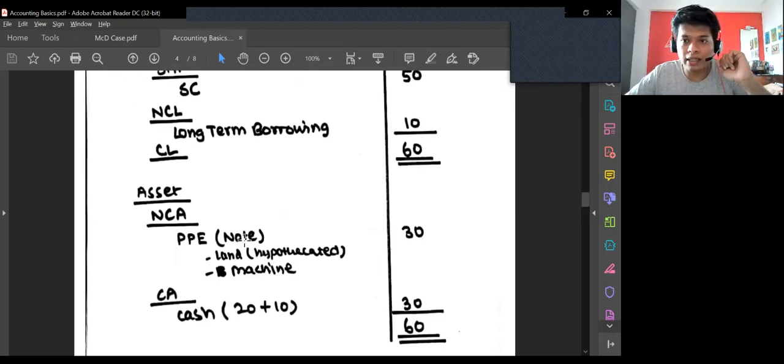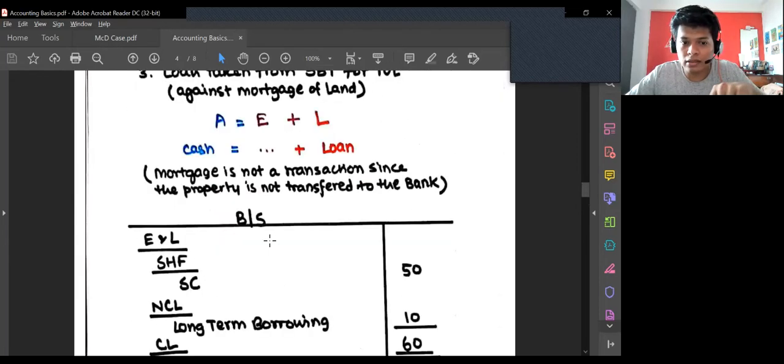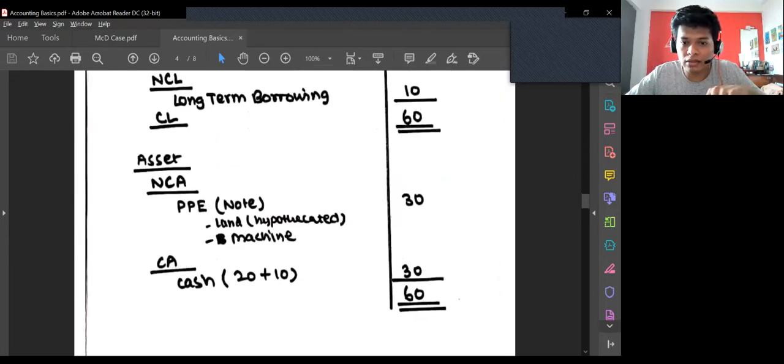So in the PPE, again, I'll write a note number 1 over here and make the disclosure, 30 this, and then cash. Earlier I had paid and I had 20 lakhs left, and now because I'm taking the loan, I'm getting money, this 10 lakhs. So this 10 lakhs will add to my cash and I'll get 30. Got it? So again, you see the total 60 and 60 is matching.